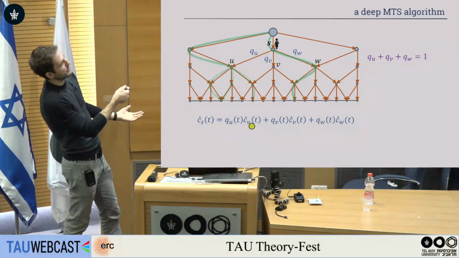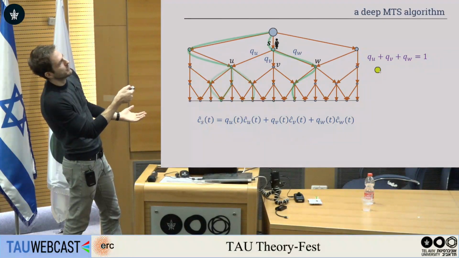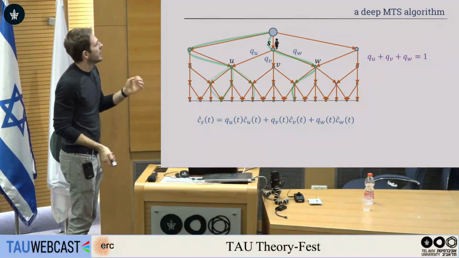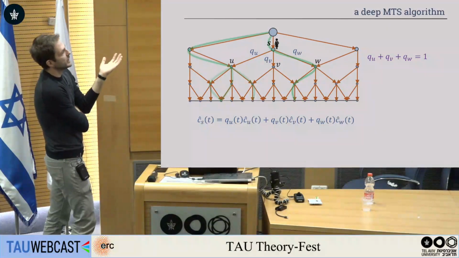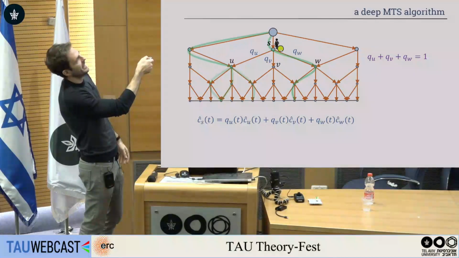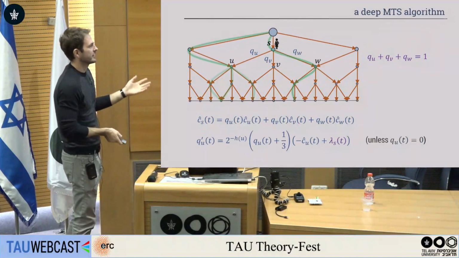If my children, U, V, and W, report costs CU, CV, and CW, then I'm just going to average the cost under my current distribution. That's the cost I report. This is the most natural thing to do. And so all that's left is to give the dynamics of these variables. How does this agent update its costs in response